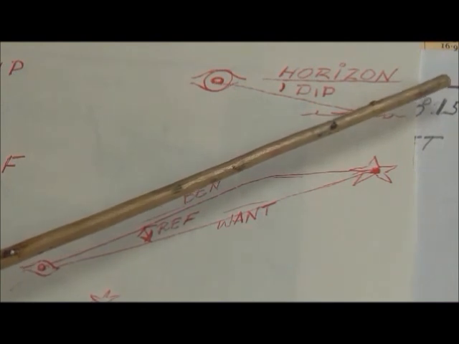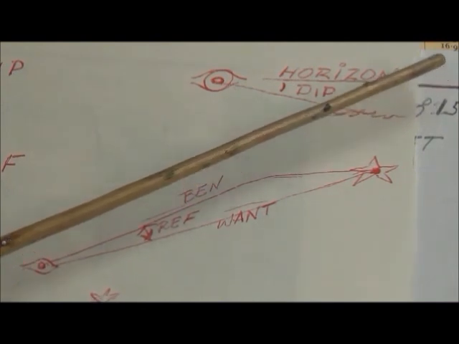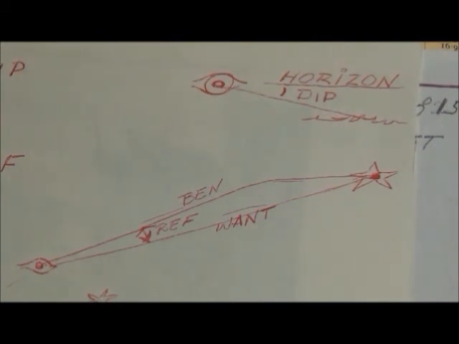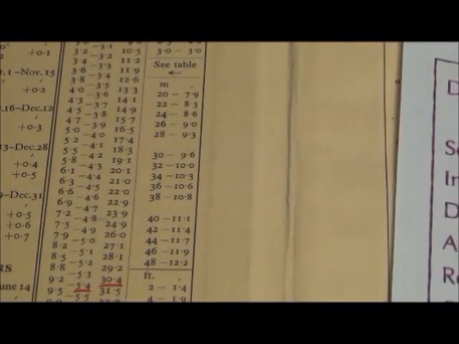So therefore, it reads higher than it actually is. Now this is a known calculation, so you can get it out of the Nautical Almanac under Stars and Planets,